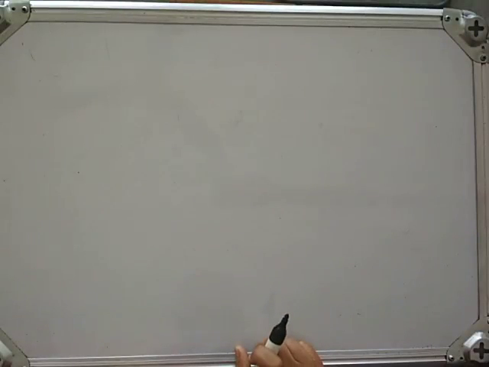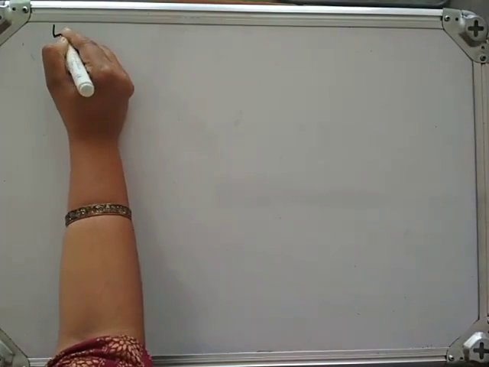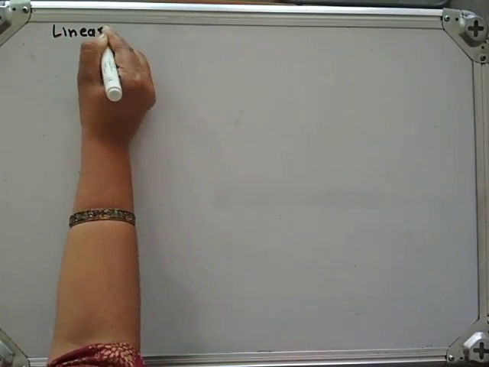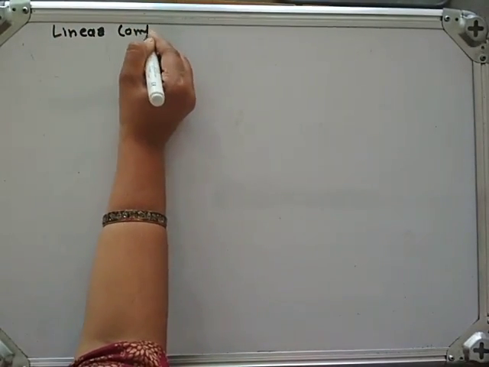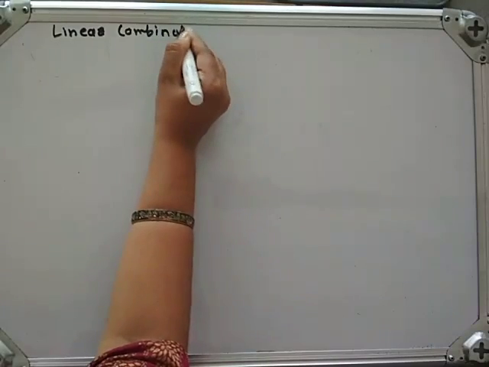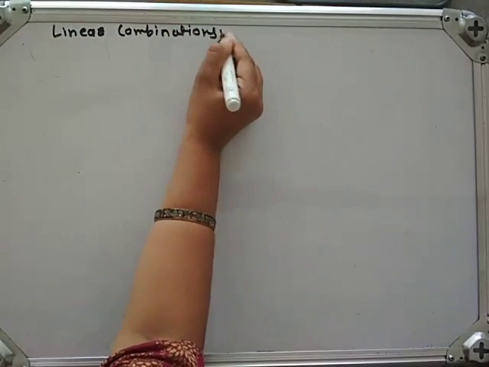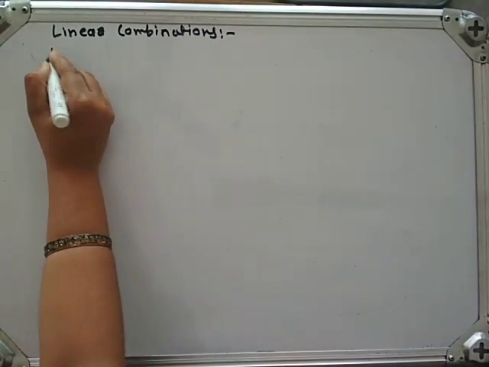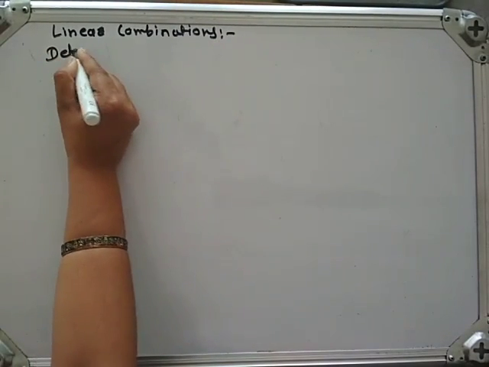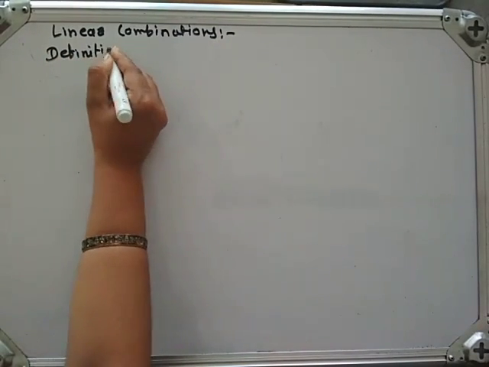Students, in this video we are going to see linear combination. Let us see the definition of this linear combination. Definition is: